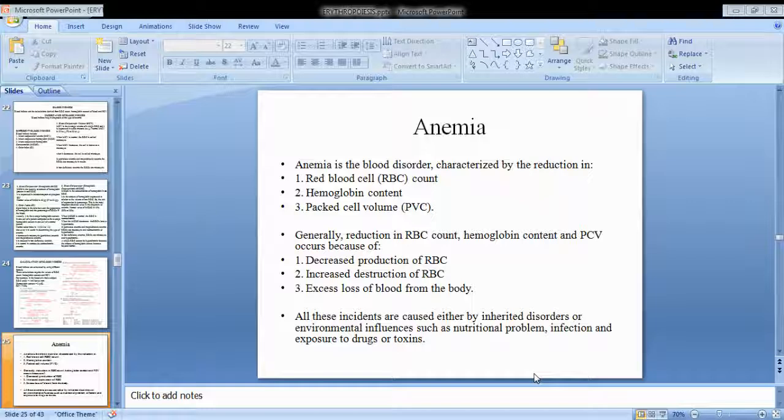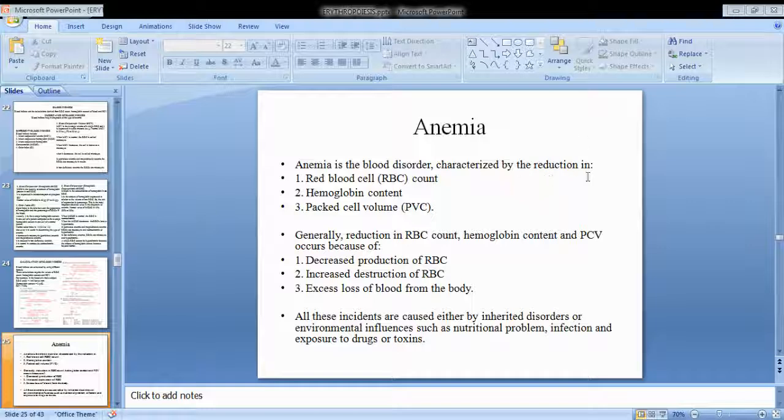So anemia is a serious condition which is most often occurring in females. Okay, because so many metabolic reactions are taking place. So I cannot say that it is not happening in males. Okay, but this is a very important blood disorder which has to be taken care of right from the small child to the adult. Okay, it is very important.